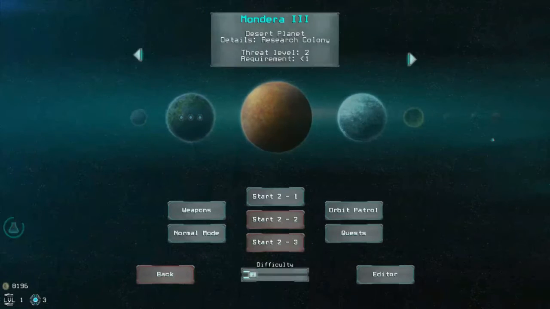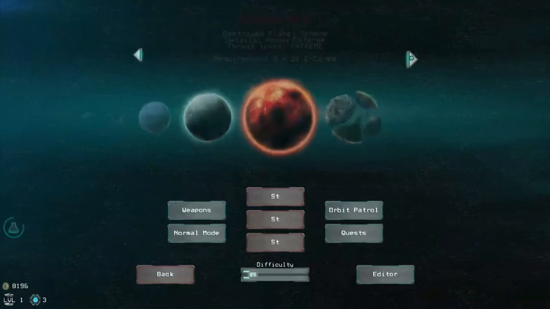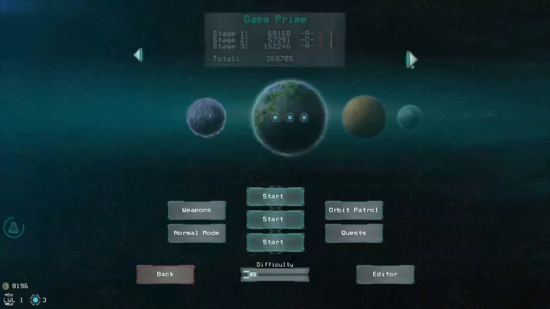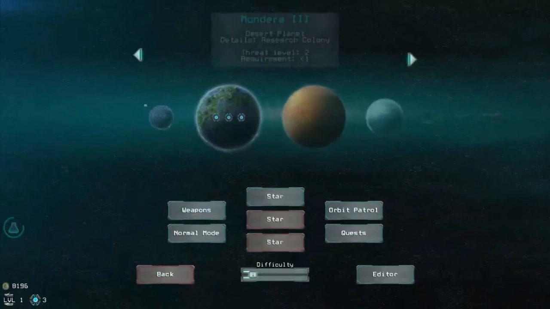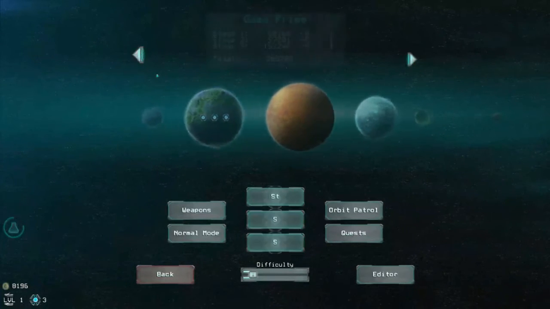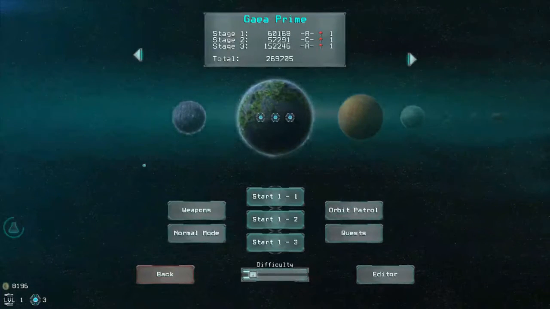And you got, I don't know, 7 more planets to do. So, with varying difficulty, and then you can always crank up the difficulty yourself. So, there may not be a ton of stages, but